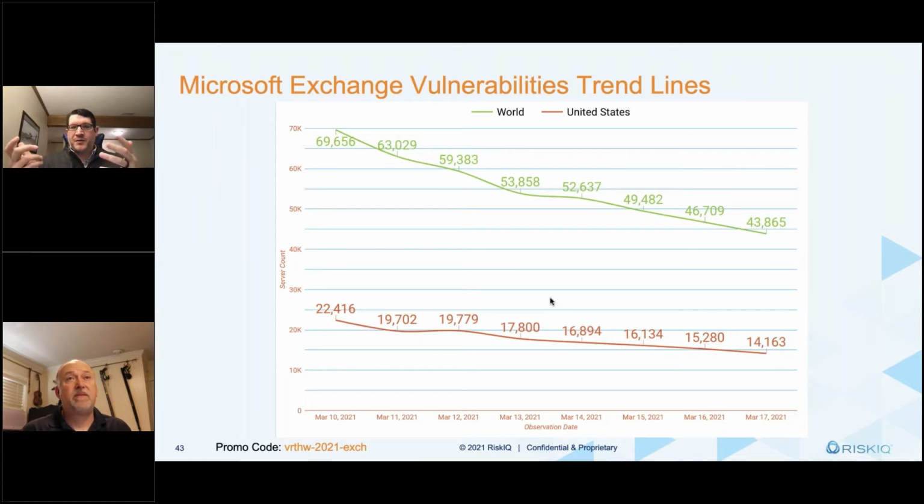A bit of a good news story though, right? As we look at, again, this is RiskIQ data, total observations of those vulnerable instances, we are seeing a remarkable downward trend, both at a global level as well as within the US. So people are taking action on it. That's the good news. What is interesting, and it's not reflected necessarily in the slide, is while we see a decline in the number of vulnerable servers, we're also seeing a decline in overall Exchange observations, right?